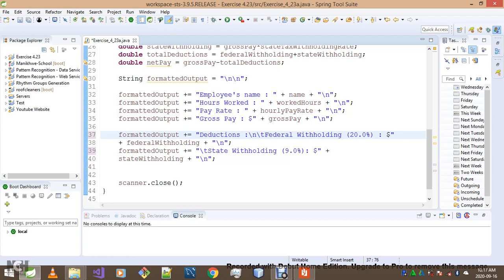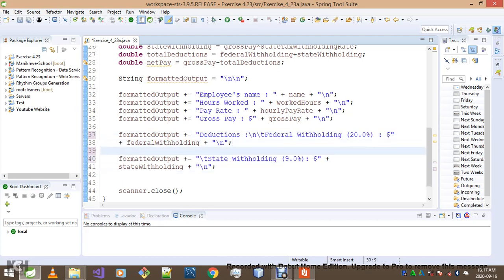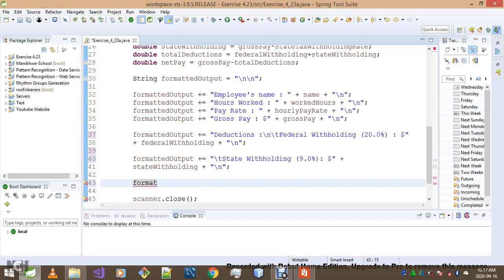Okay, I hope people are clear here, or perhaps I should separate those two with a space. Okay, so it's formatted output equals to